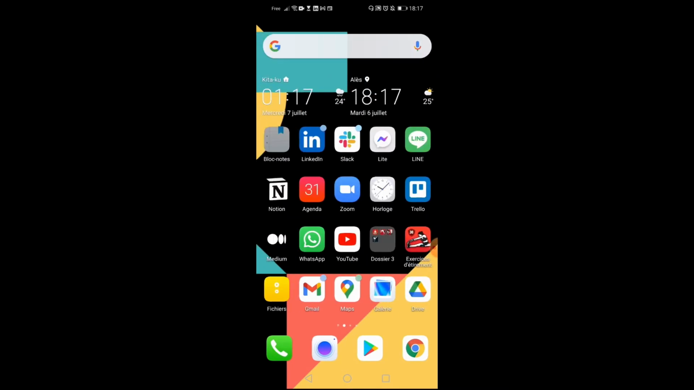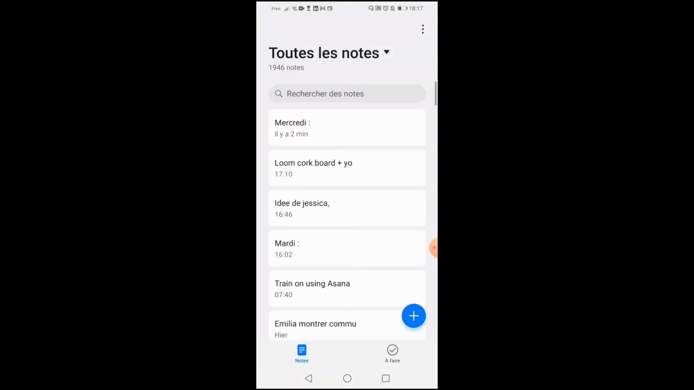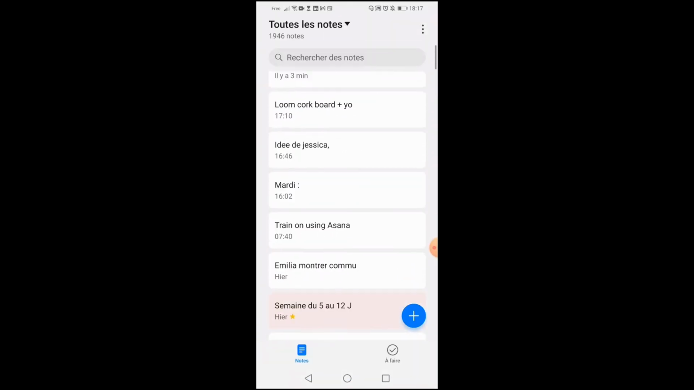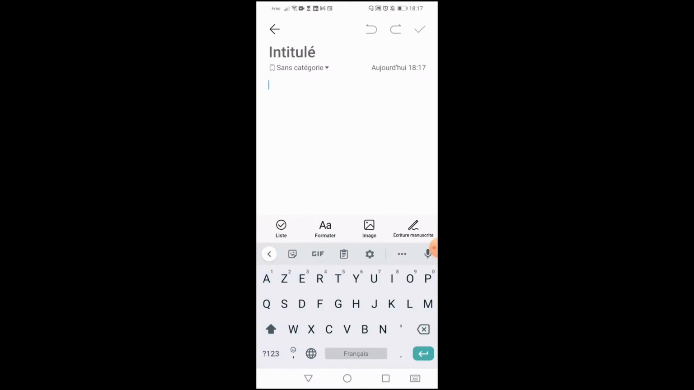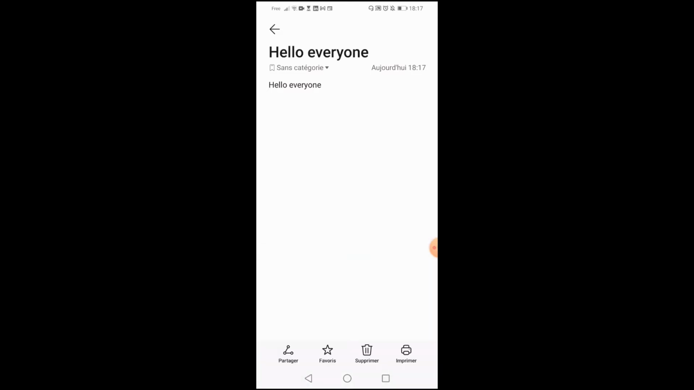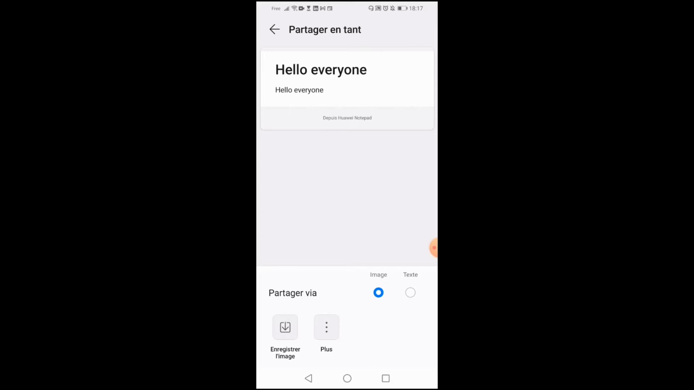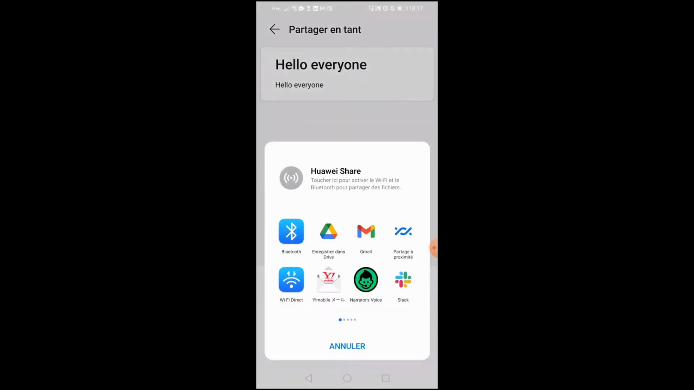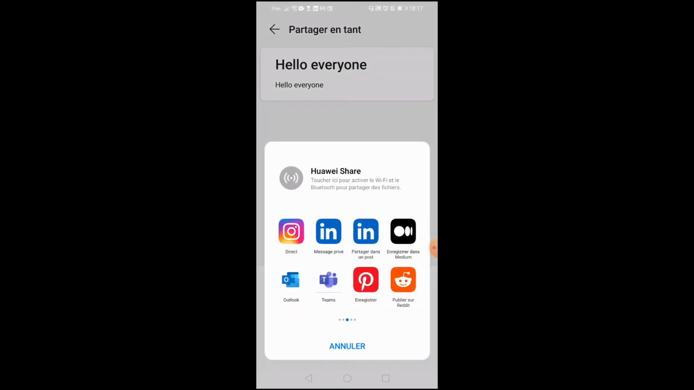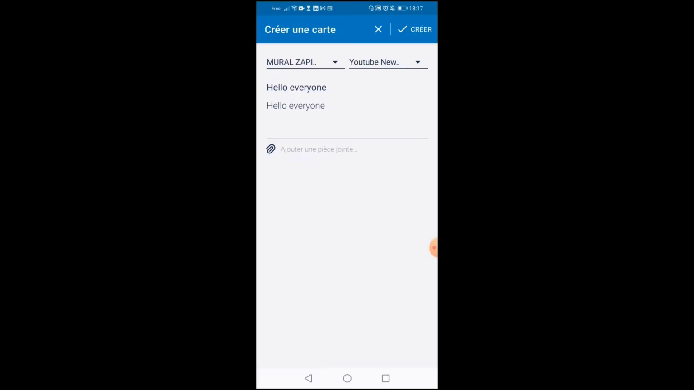So as you can see here, there's my native note-taking app with various notes. Let's just make a new note. Hello everyone. I will save it, and if you can see at the bottom left, I have a share option. And here I can just say share as a text, not an image, plus. And the apps, I can just choose this one, Trello, which means this text will be added as a new